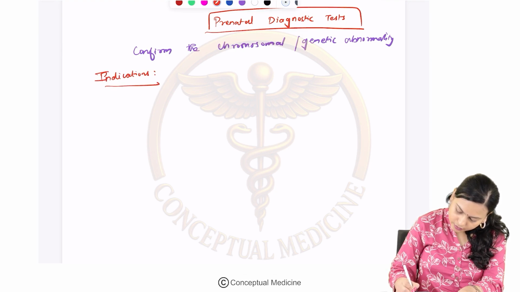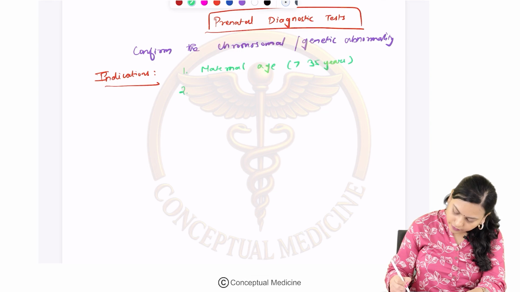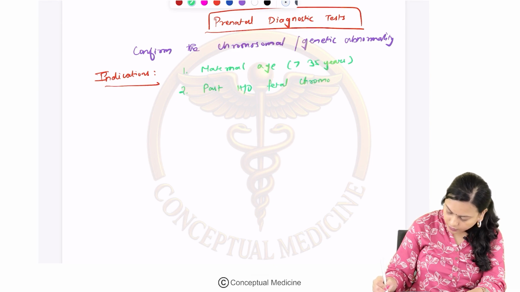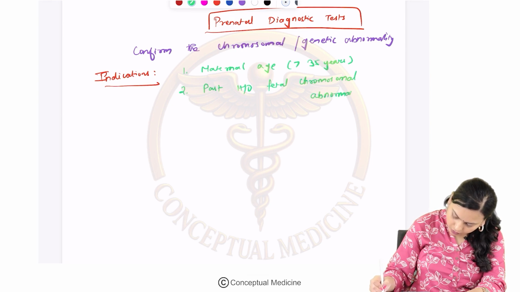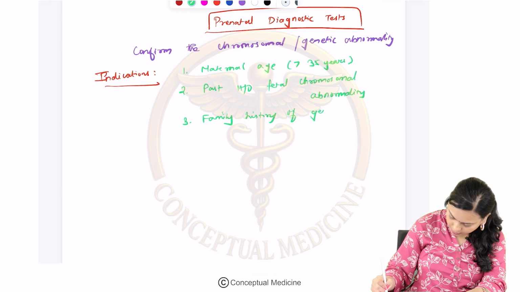Indications include maternal age more than 35 years, when there is a past history of fetal chromosomal abnormality, or when there is a family history of genetic disorder,